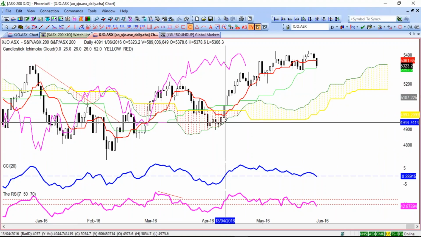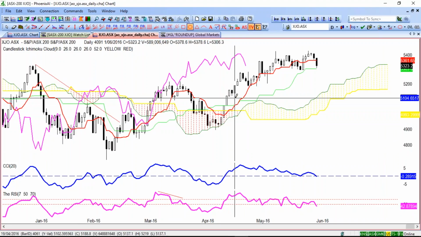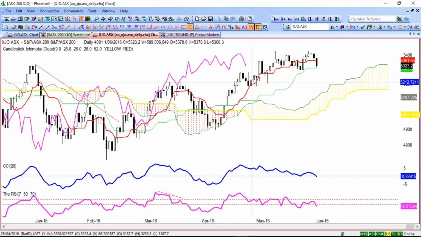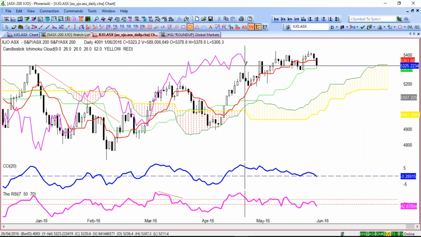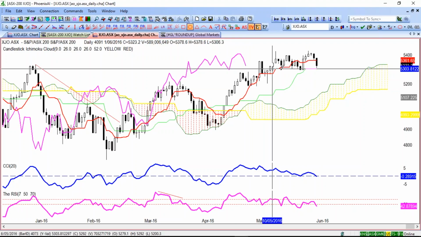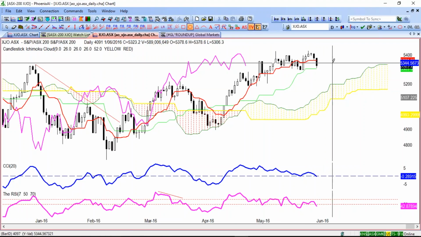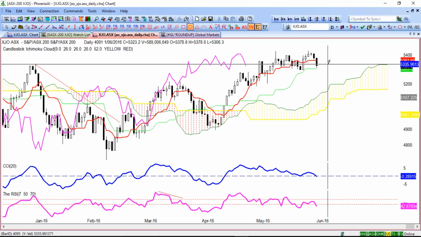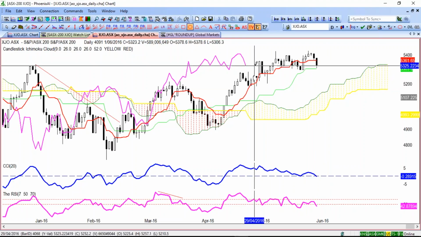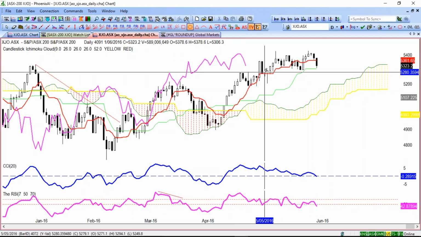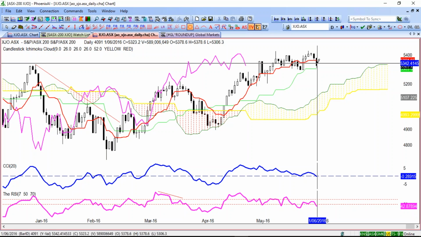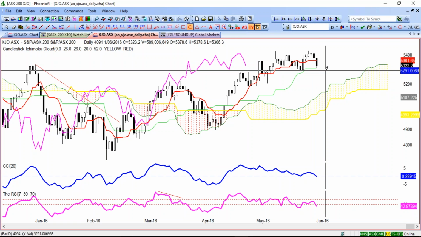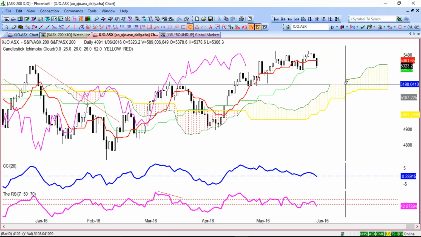So we can see that the price has come through the cloud in the past. Tenkan Sen and Kijun Sen have crossed in positive territory, and our Chikou Span is above the price action itself. As we go forward here on the right hand side, our first real bearish signal would come if the Chikou Span entered into this price area down through here, and then the Tenkan Sen crosses over the Kijun Sen, red crosses over the green, and as the price moves back towards the cloud, you would have a very bearish,